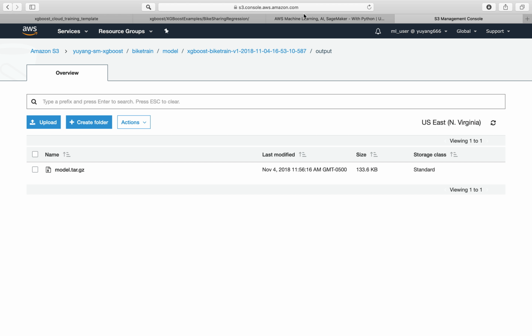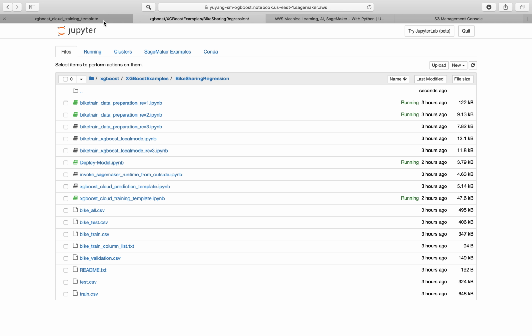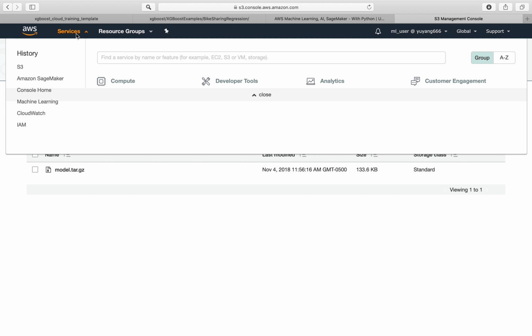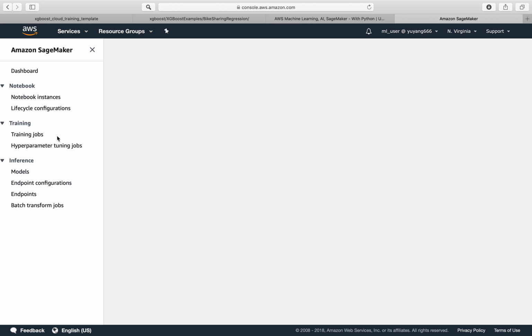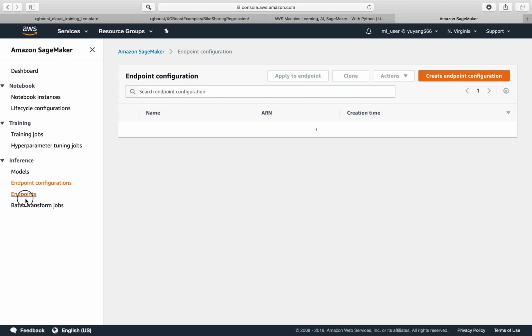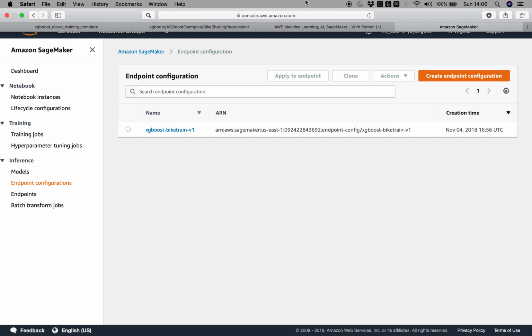After we have the endpoint, here, all the predictions or real-time predictions are just the same as in Amazon Machine Learning. Okay, that's all. The example for SageMaker and this example for Amazon machine